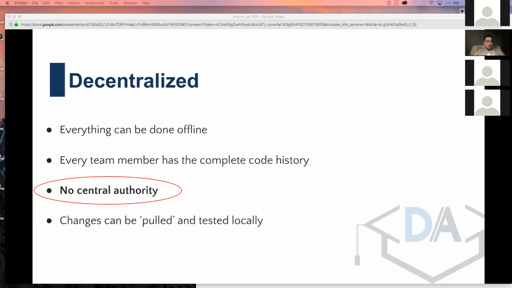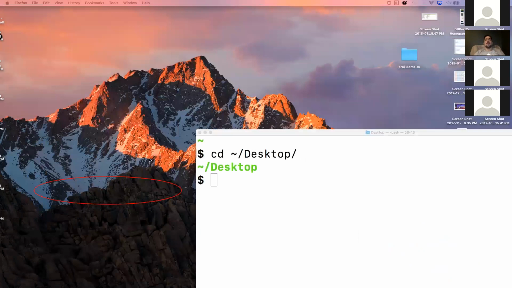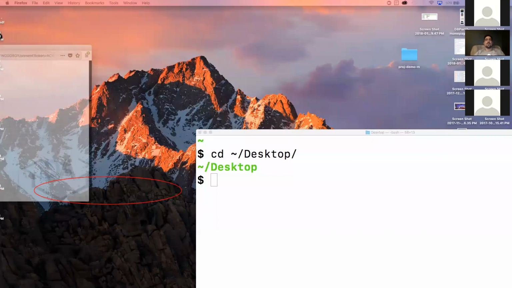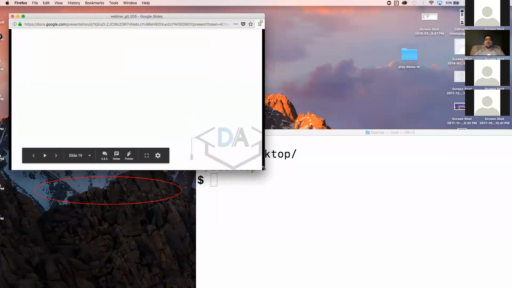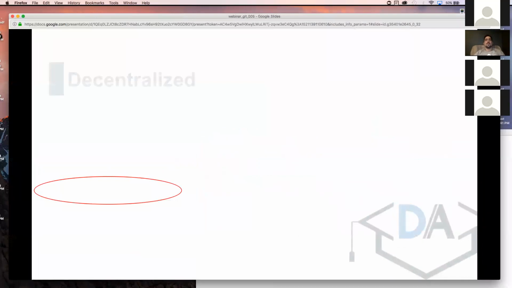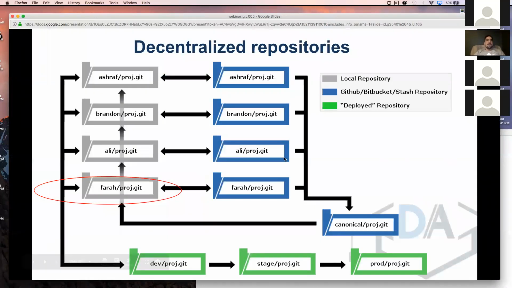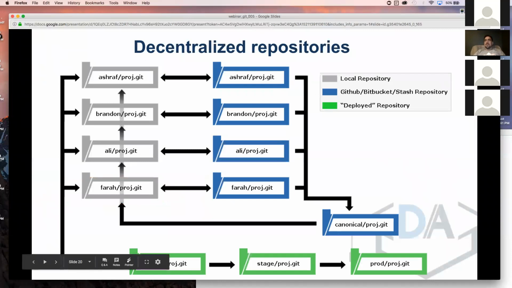So we do have some diagrams to demonstrate this. Let me just pull one of them up. One minute. So this is a diagram depicting